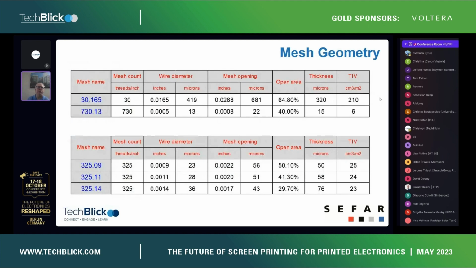As I said, screen printing is a very versatile deposition method, and on the top chart here I showed the coarsest and the finest mesh specifications that you can use. We go from 30 threads per inch all the way up to 730, and I just want to show you the range of deposit that you can achieve using screen printing, specifically with wire in this case. The diameters go from almost about 400 microns to